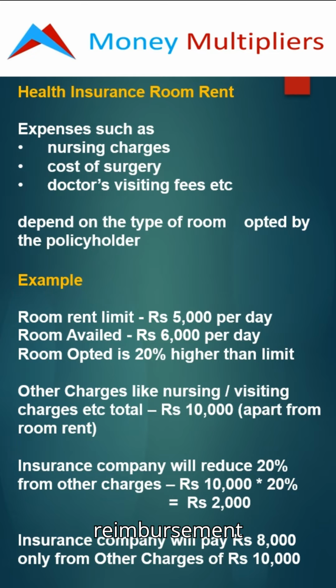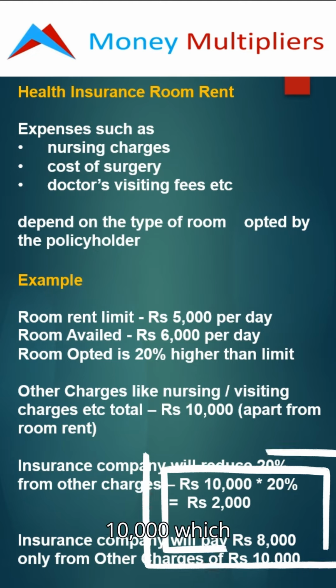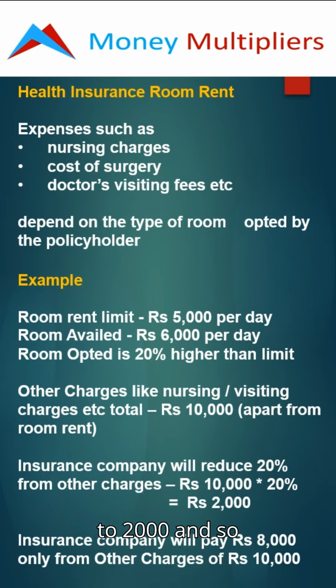When you go for reimbursement from the insurance company, they'll say, since you have opted for a room which is 20% higher than the limit, they will consider this 10,000 also is inflated by 20%. So they'll reduce 20% from this 10,000, which comes to 2,000, and so the reduced value is 8,000 rupees. They will pay only 8,000 in reimbursement and ask you to bear the remaining 2,000 because you opted for a room which is 20% higher, and according to them all these other charges are also 20% higher